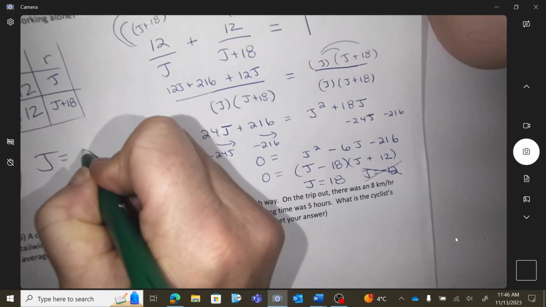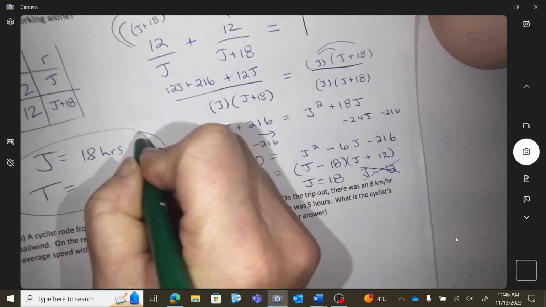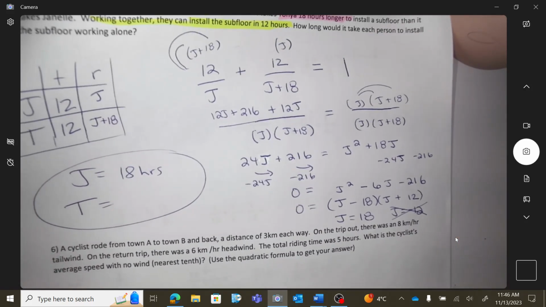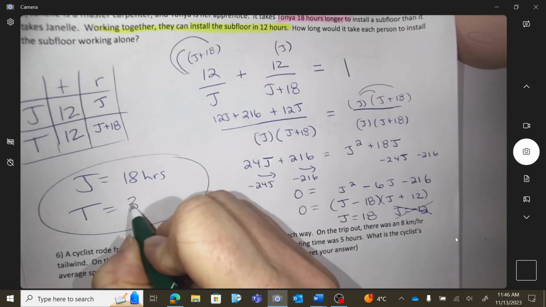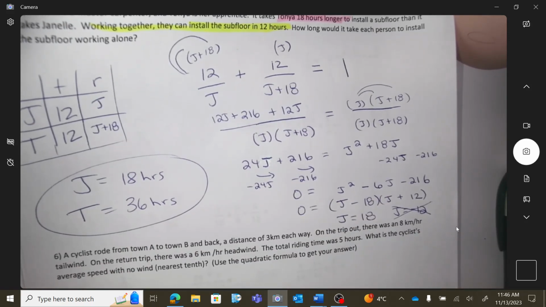So Janelle takes 18 hours. How long does Tanya take to do the job if she's working alone? What's 18 longer than that? 36 hours. Okay, I'm going to save the number 6